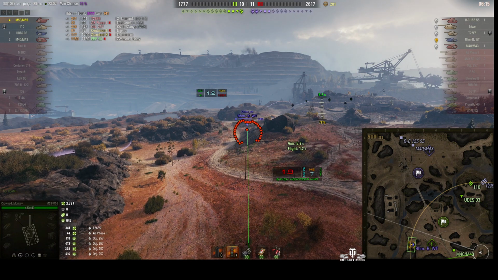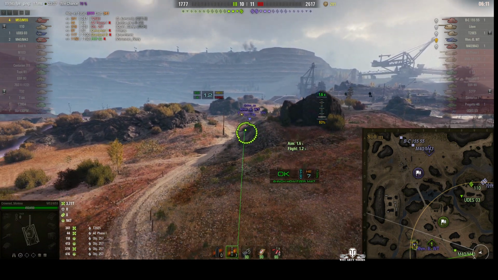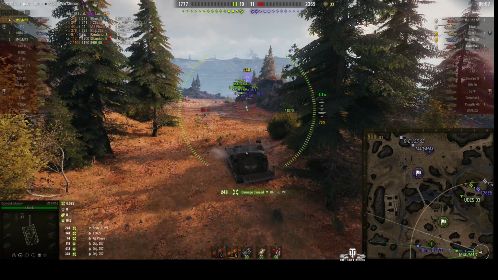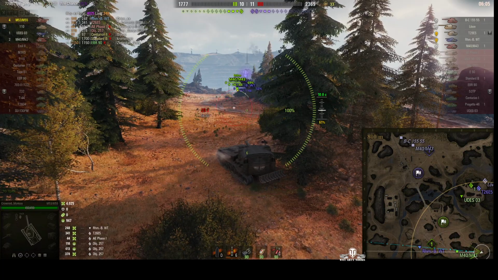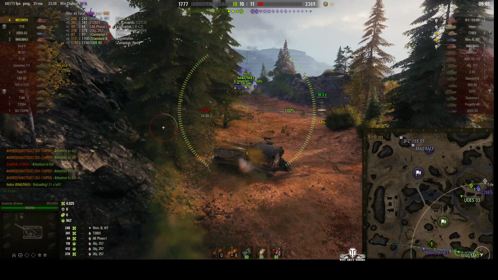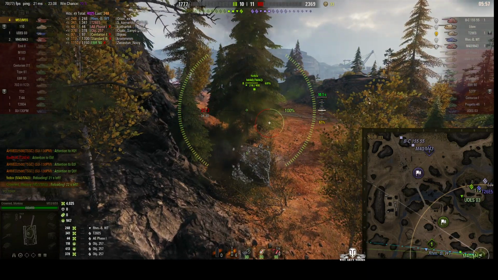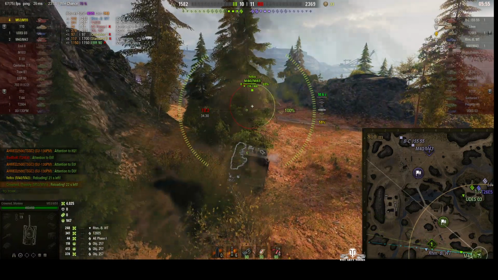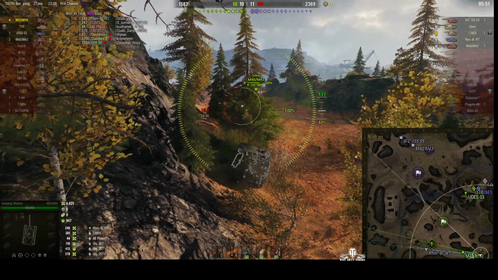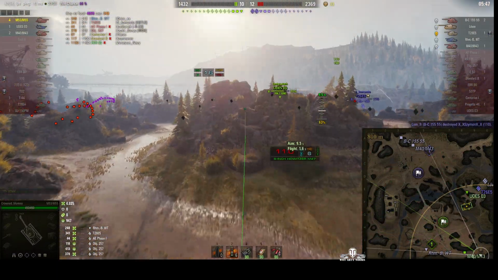Okay, he's going for the Borsig, who's been spotted. Dialing in, let it dial in properly. That's it. And he picks up 248 hit points of splash. The shell didn't go directly to the target because he was adjusting. 6 shells left. Still 5 enemies out there. Yes, he's knocking trees down. That might give the enemy an idea where he is, but...